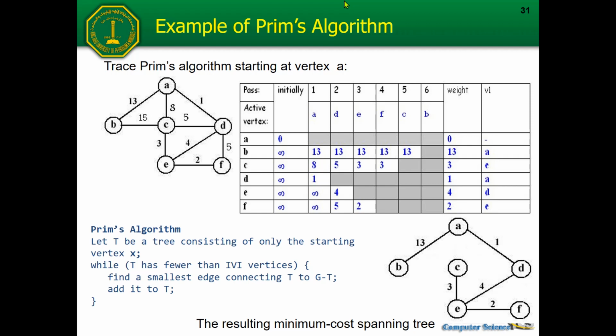So if you try to derive the shortest path by applying the minimum cost spanning tree algorithm, you will get the incorrect answer. As we have discussed, from A to F the shortest path will be through A, D, and F. But if you derive the minimum cost spanning tree, from A to F you need to travel from A to D, E, and then F. The total cost is actually not the minimum.